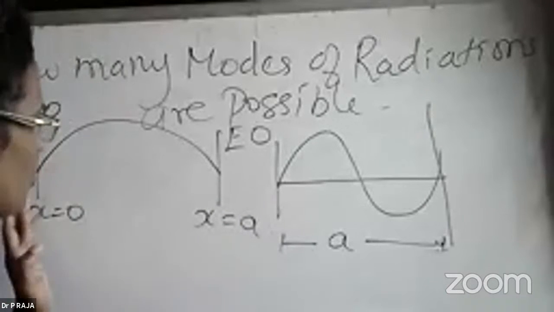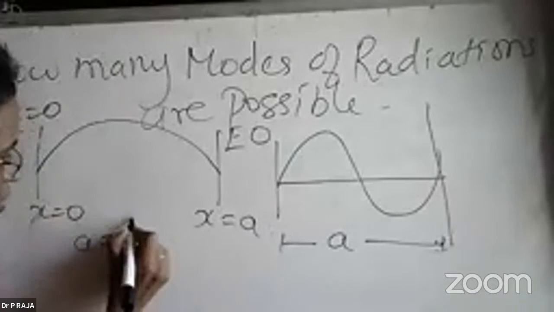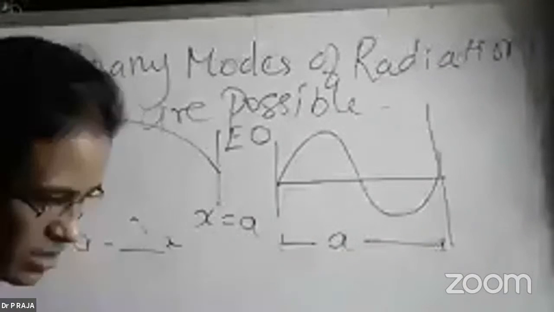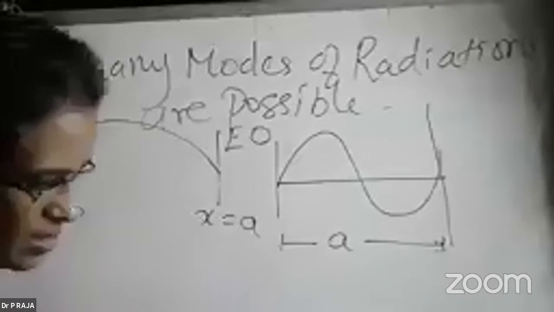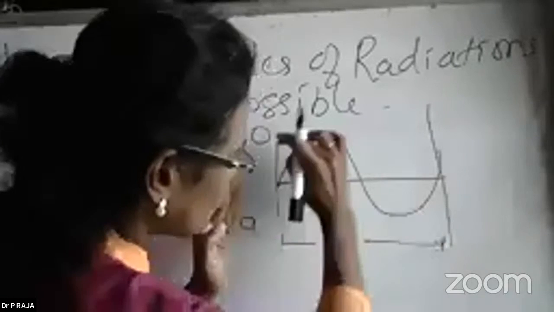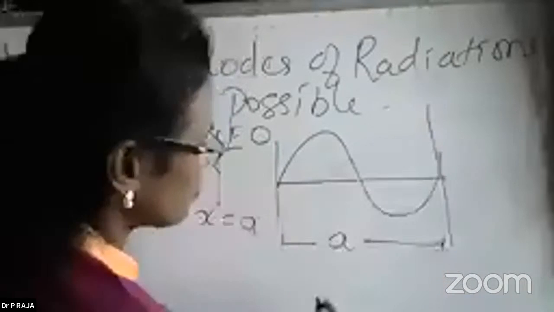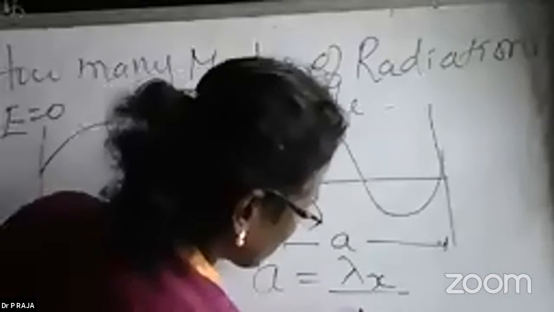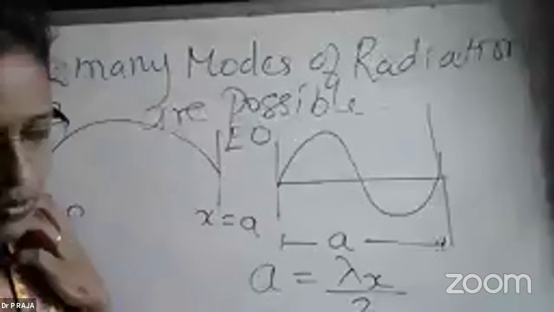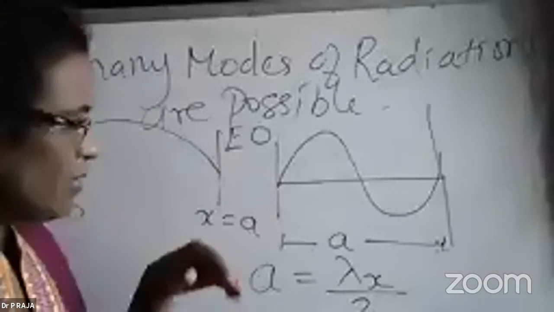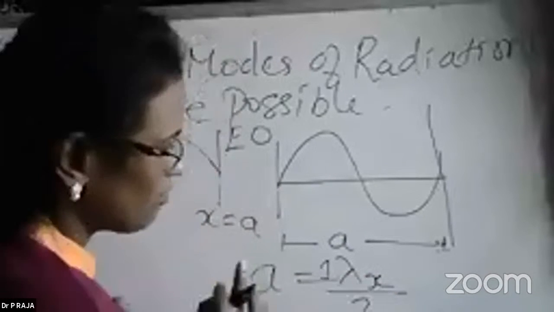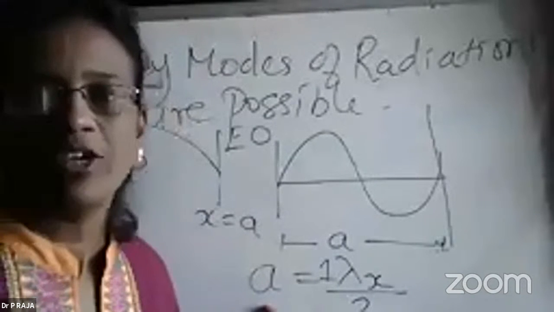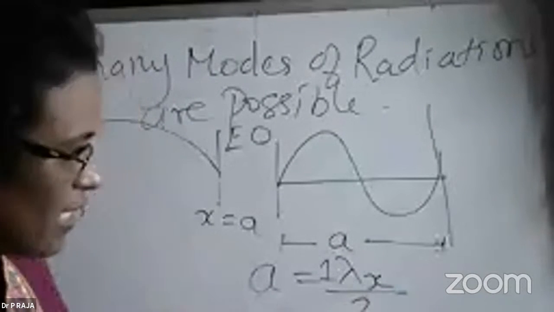So I can see this one has a equal to lambda x, this is a full wavelength. This wave is taking this full distance, but the wavelength is going to be lambda by 2. So a is equal to lambda x by 2. The next possible wave will be, this is 1 into 1 wave, according to the stationary wave equation. In class 12 you can refer to it. Okay, for the second wave,